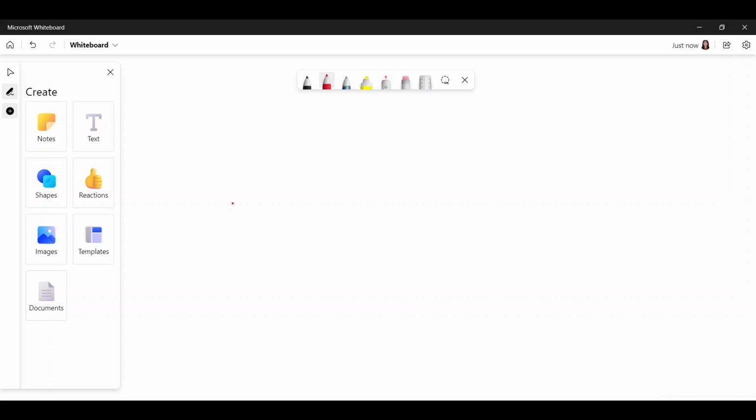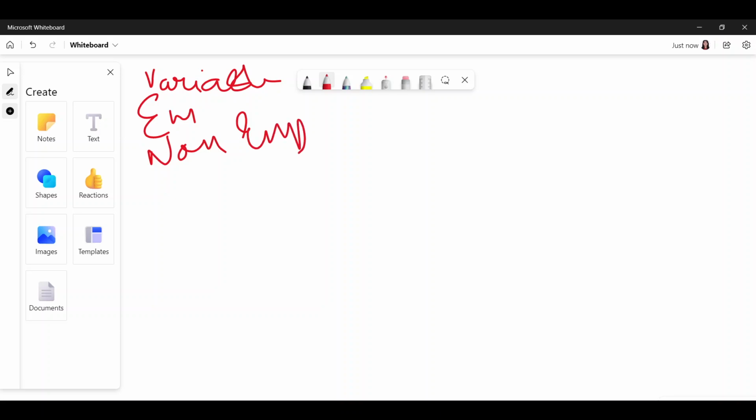First of all, we will create variables inside our pipeline. We will create two variables: one for empty folder and another for non-empty folder. These variables will be of array type, both of them. Then